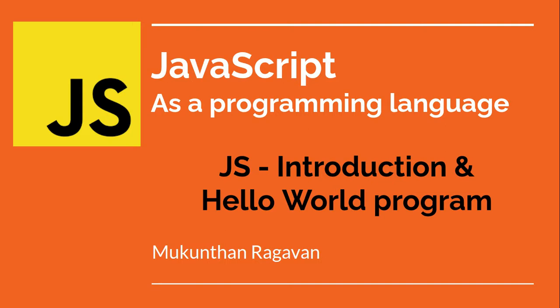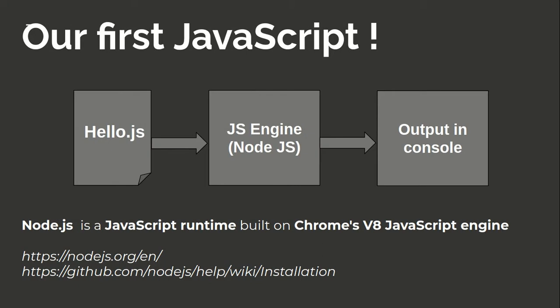So in this video we are going to see how to execute JavaScript and what are the very basic things to start with JavaScript and its first program, Hello World. In order to start with the first JavaScript, we are going to write a simple program to say Hello World to the console. We are going to write a file name with extension .js. In our example, we are going to write hello.js. Inside that, we will be just writing a single statement to log the message to the console.